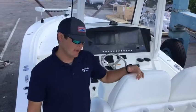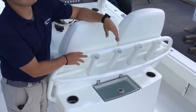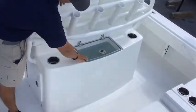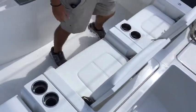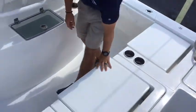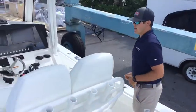Here we are on the top side of the boat. See, this boat's got rod holders on the back of the leaning post along with up top here. We also have a nice big live well, bait well right here on the back. See, we got 3 bench seats right here, flip up and flip down very easily. Storage underneath. As we move forward here to the helm,